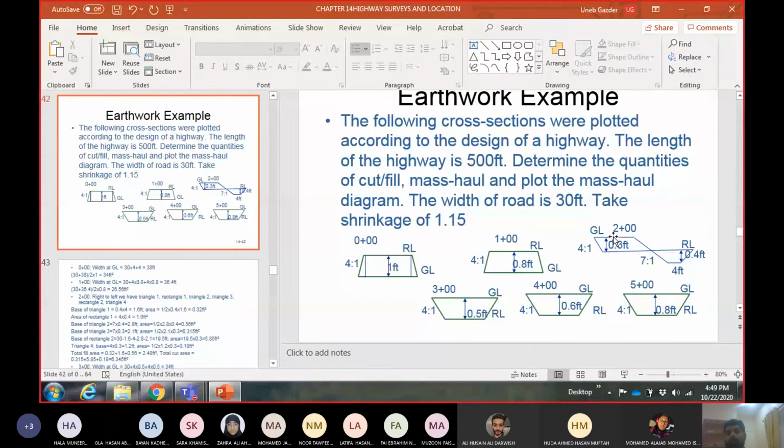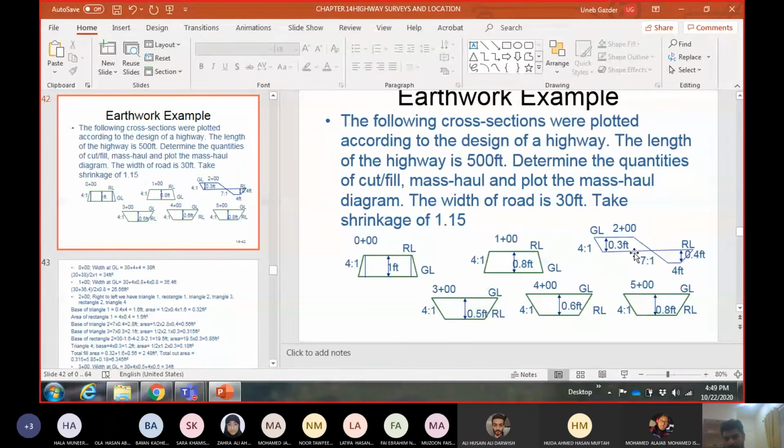Okay, I know the total width of the road, which is from here to here. Now remember, this is the ground level. This is not the road width. Road width ends at this point. Okay, at this point, the road width ends here. So it's from here to here. Okay, the plain line, the line where the vehicles are supposed to be. Okay, so I need to calculate this width. Okay, from here to this point.